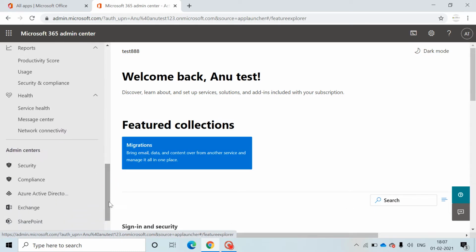Reports, this gives you different issues which are ongoing from the Microsoft server end. Service health gives you that. Message center is something which gives you different notifications about the features, and these are admin centers which allow you